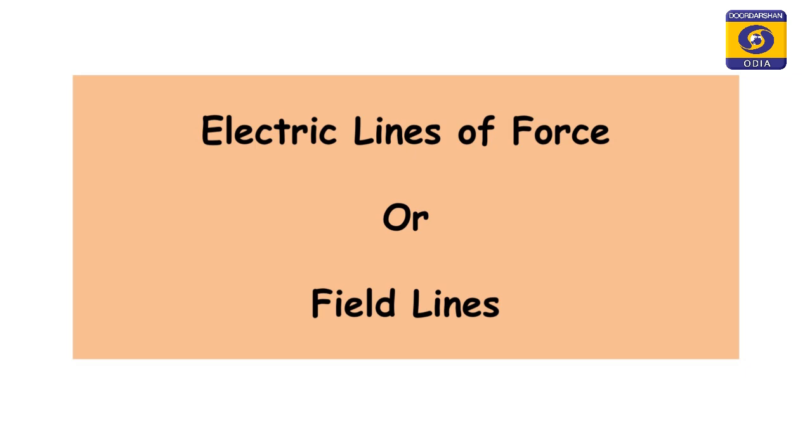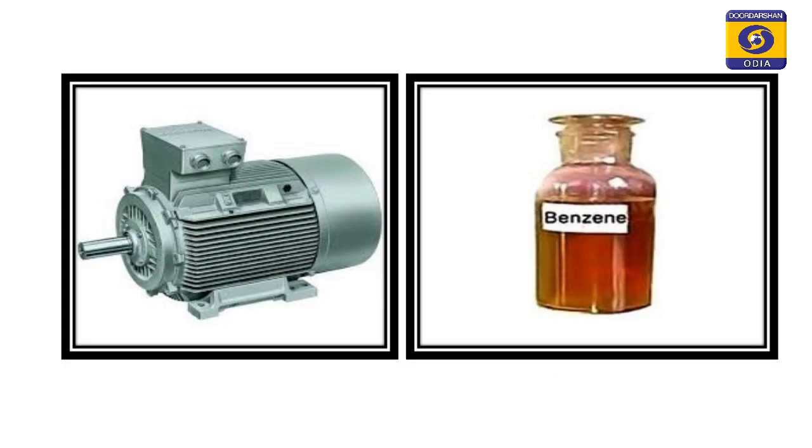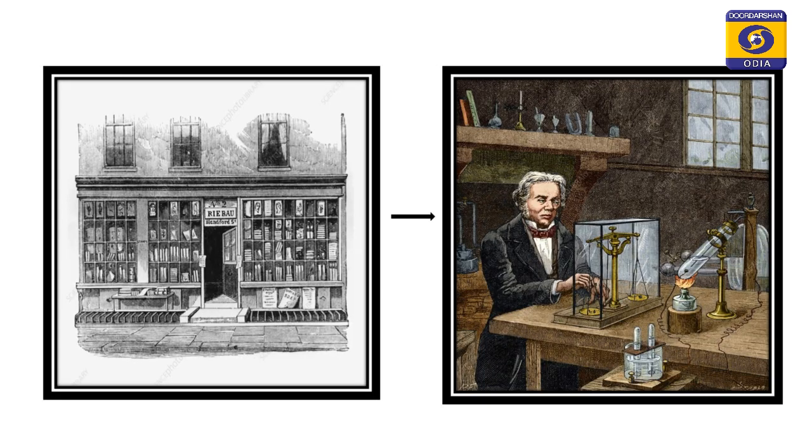So, students, do you know who he is? The one who never had a formal scientific education, but a self-taught scientist, famous for the study of electromagnetism and discoverer of benzene as well. So, both chemist and physicist, the father of electricity is Sir Michael Faraday. He educated himself by reading books on a wide range of scientific subjects while working in a bookshop. So, from a simple bookbinder to a great scientist.